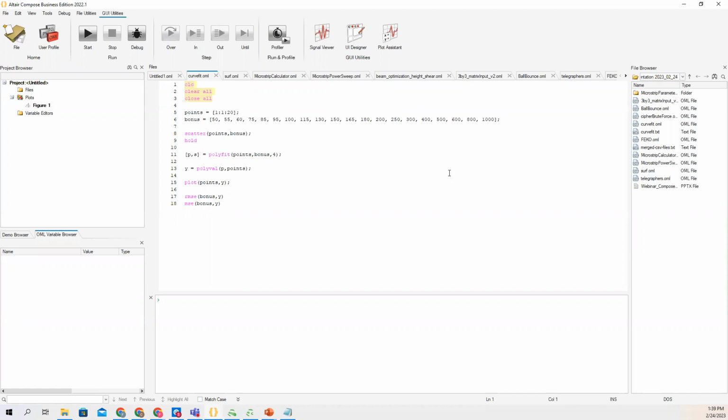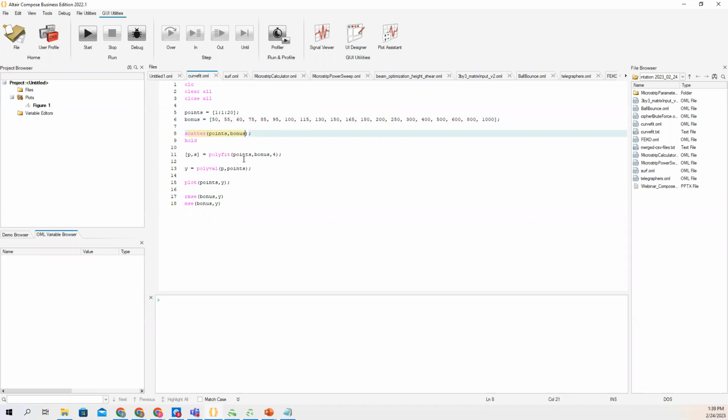I couldn't remember the actual points, so I made up some data. But here you can see again, we don't have to type out 1 through 20. We can just do 1 in increments of 1 up to 20, and then some bonus values that maybe aren't as linear. So what I've done is I just used the scatter function, which will just